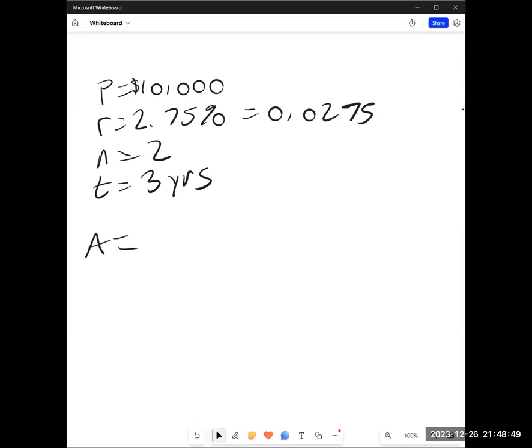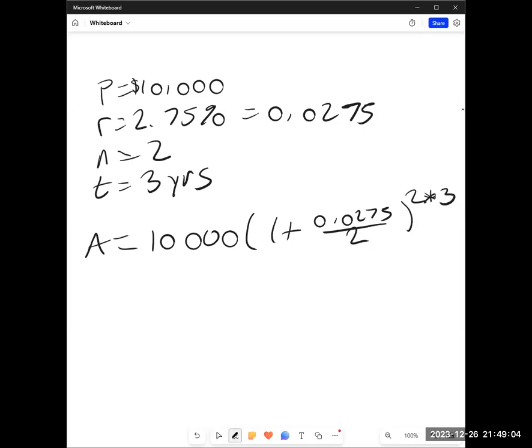Let's see what the accumulated value is, assuming that she doesn't touch the account for 3 years. 10,000 times 1 plus r over n to the nt, 10,000 times 1 plus 0.0275 divided by 2 raised to the 6th power. And we get